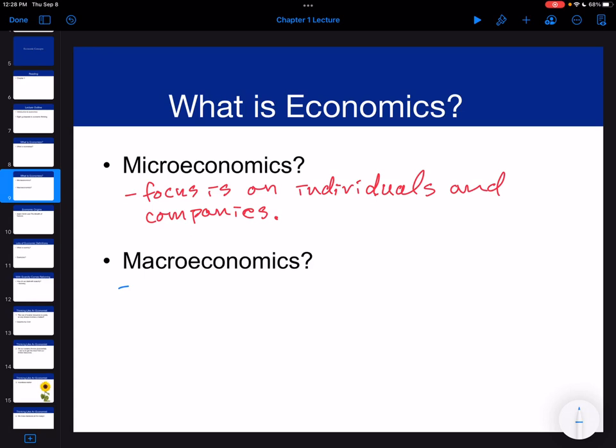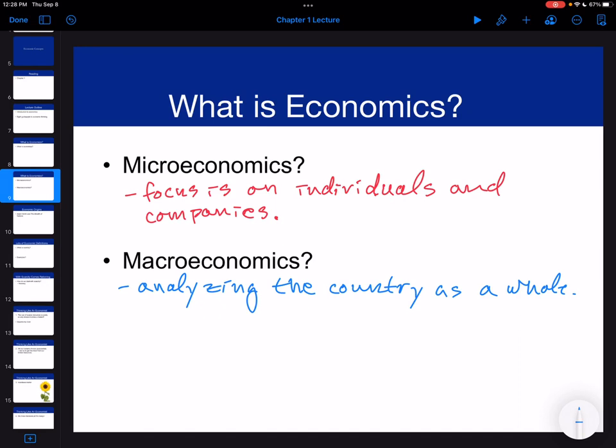Okay, macroeconomics, the focus here is a top level, country level view, right? So this is where we are analyzing the country as a whole. A lot of times it's the macroeconomic topics that you hear or read about in the news, when people talk about unemployment, inflation, recessions, or if the economy is doing well. Those are all macroeconomic topics. We'll get to those in some of our later chapters.